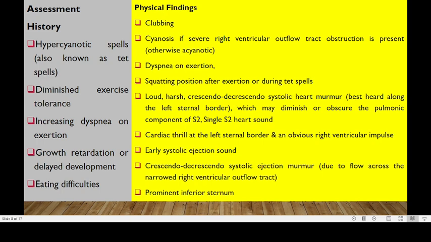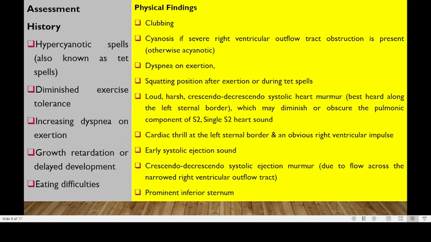We could also have diminished exercise tolerance, where in the middle of an exercise they run out of energy and oxygen and are not able to tolerate the activity further. We could have increased dyspnea on exertion, along with a history of growth retardation, delayed development,